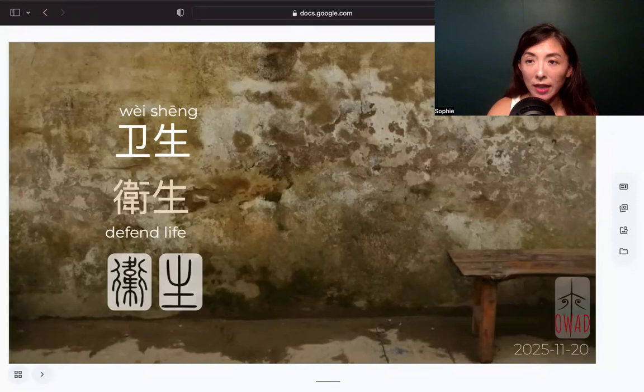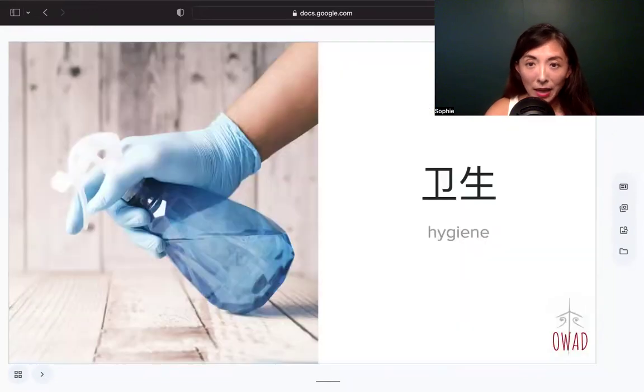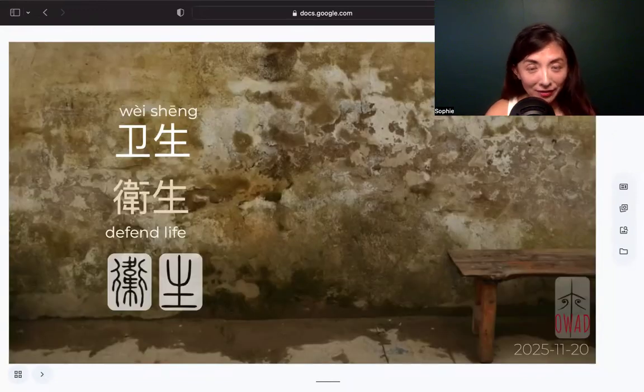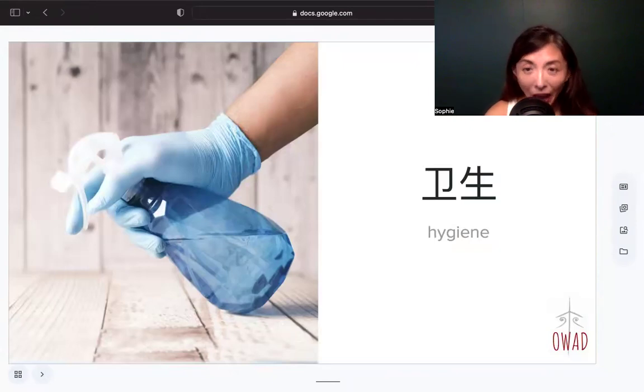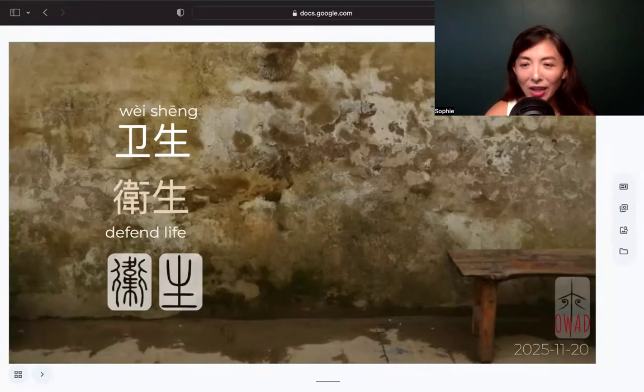Let's continue exploring industrial age concepts. And today's concept is 卫生. As you can see, it means hygiene. Born into this language, I never thought about why 卫生 makes sense as the Chinese equivalent of the English word hygiene. You can see simplified and traditional forms, and 2000 years ago, things get more and more simplified